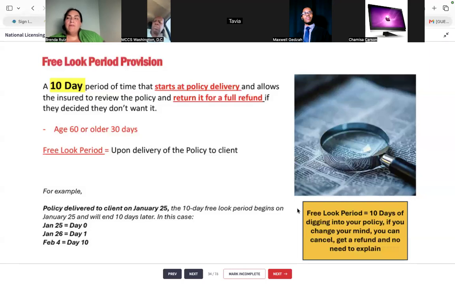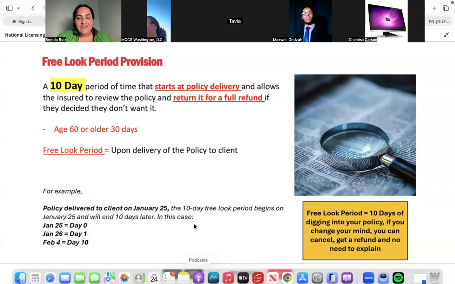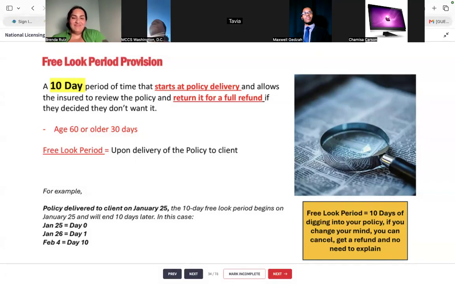I actually have seen this happen where this client, it was a big policy too. I think he was paying like $50,000 a year into the policy, once a year. So he was only funding it once a year, paying $50,000 at one time. Well, he got the policy, paid the $50,000, and literally within a week, he said, I'm not ready for this right now. Let's just cancel for now. Got his money back. It's crazy. And then he ended up getting the policy later. So it wasn't my client, but I've seen it happen.